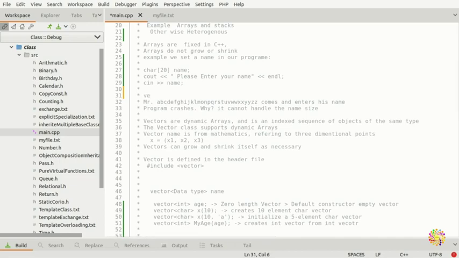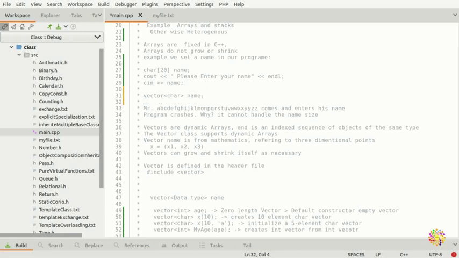Wouldn't it be nice if you guys put a vector, say for example it's going to be char, and you just put a name. That's it. That's all you guys have to do. And if this Mr. Very Long Name comes in and puts in this much, 28 characters, then the vector grows to 28 long. Then if another guy comes in with only a few letters in his name, say ABA, ABBA, some people have ABBA,